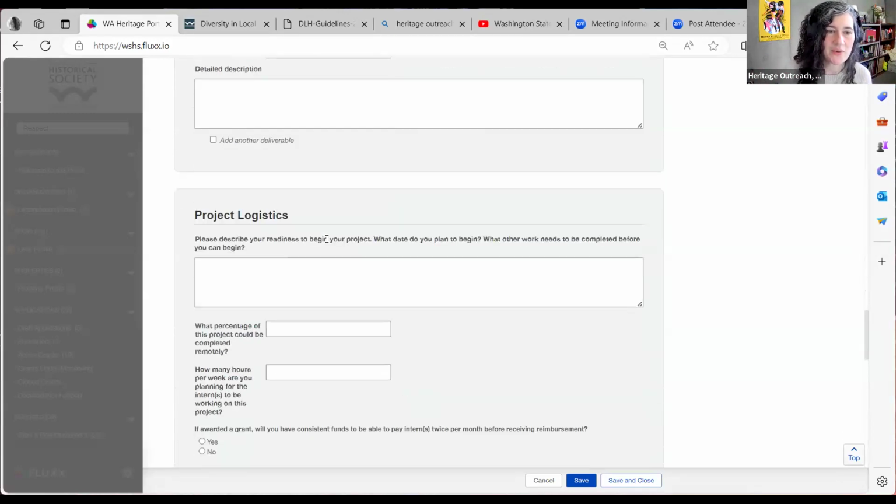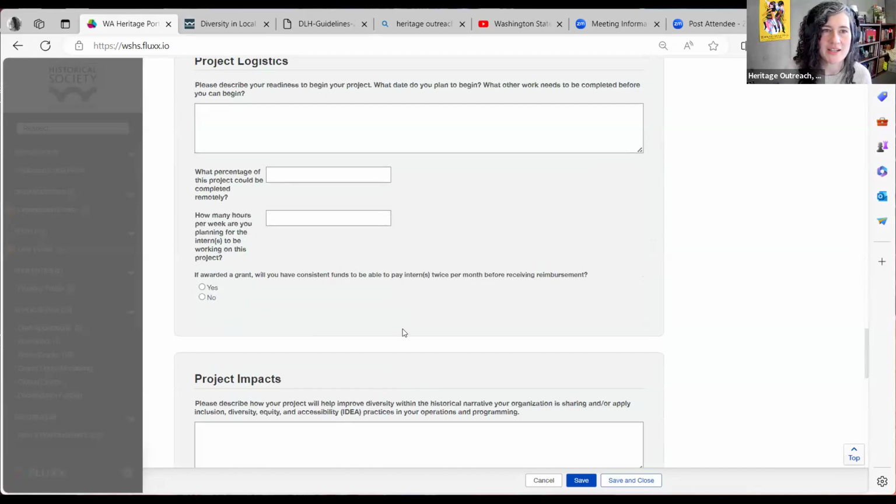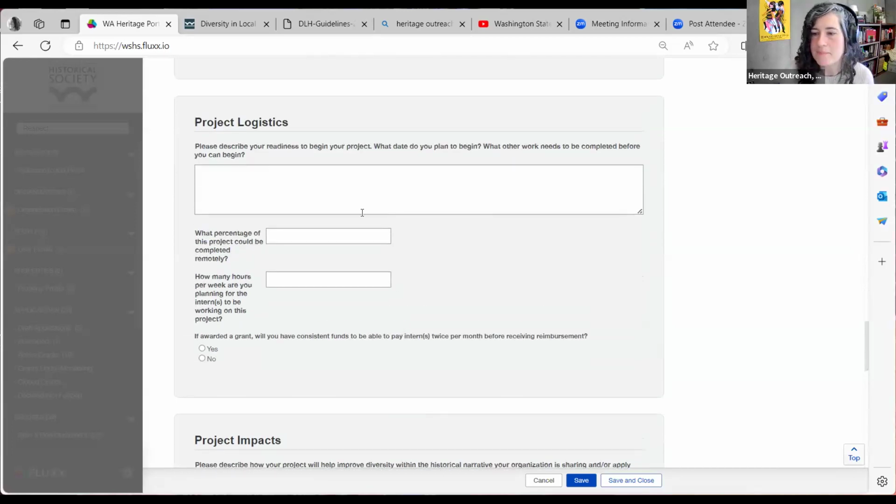Okay, so here we go. Now we're at project logistics. What we want to see here is you describing your readiness to begin your project. So telling us what date you plan to begin, that you've already thought about a timeline, and what other work needs to be completed before you can begin.